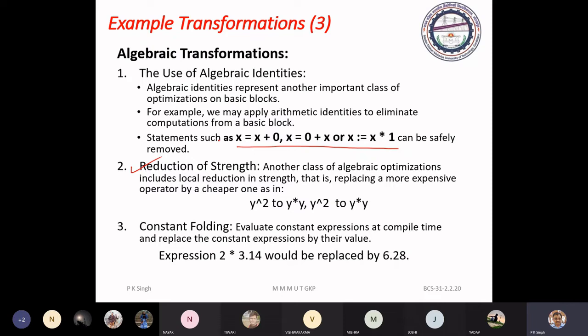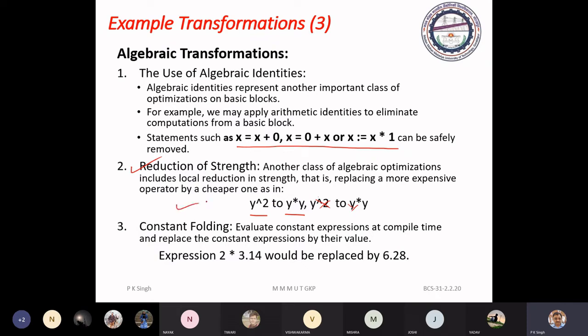Costly means the computation needs more clock cycles for its execution, and cheaper means it needs fewer cycles. So y to the power 2 can be replaced by y into y.